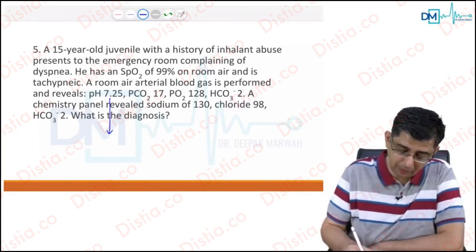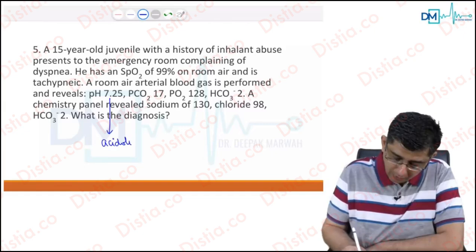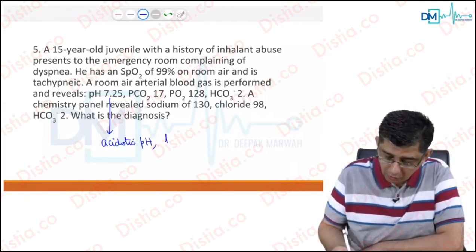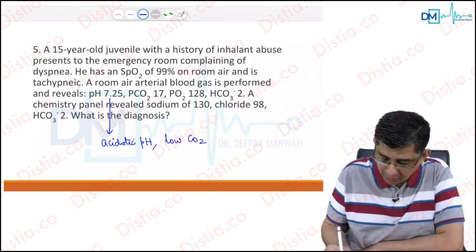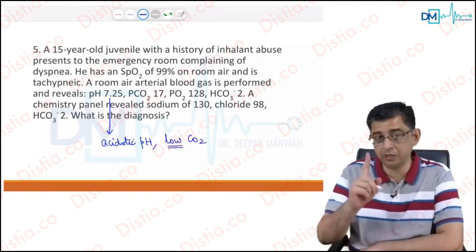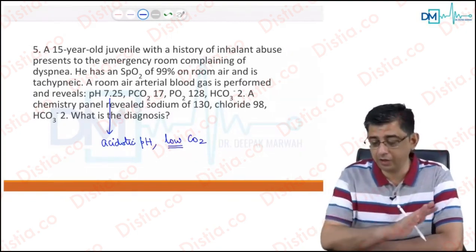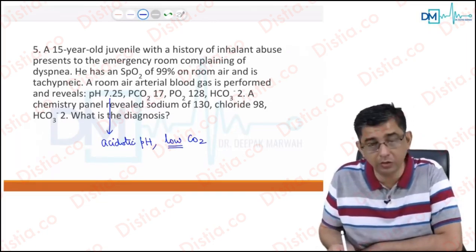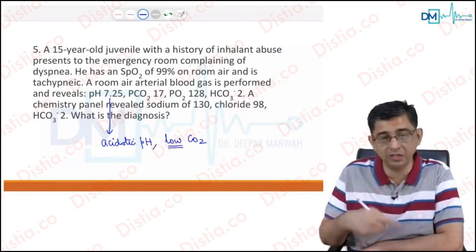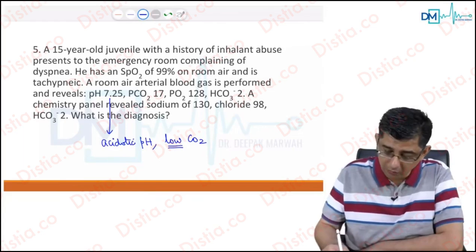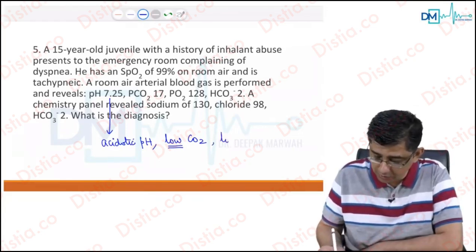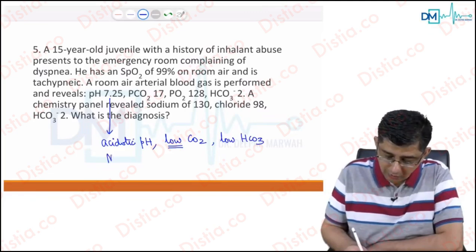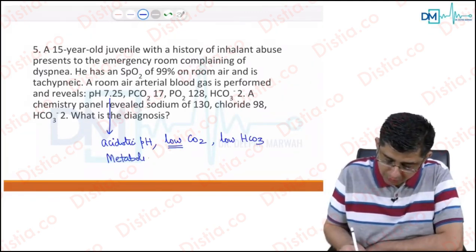Look at the pH. It is acidotic. In an acidotic pH in a patient, the carbon dioxide value of this guy is not elevated. It is low carbon dioxide in the question. So in all the previous questions, carbon dioxide was elevated. This time it is low carbon dioxide. So definitely not a respiratory etiology from the perspective of acidosis. This acidosis is not explained by low CO2. Respiratory acidosis has a high CO2. Now I will focus on the bicarb of this guy. This guy has a very low bicarbonate. So the diagnosis of this guy is metabolic acidosis,